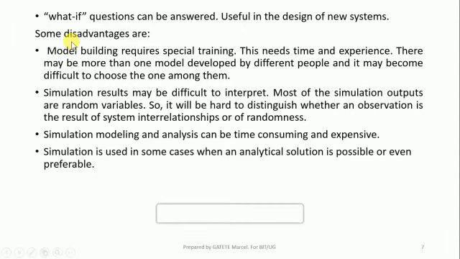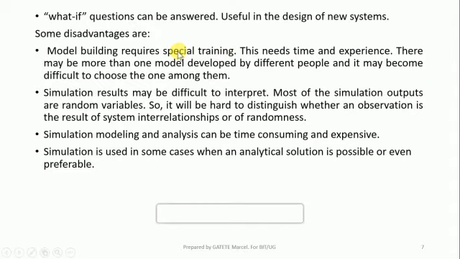There are also some disadvantages of simulation. The disadvantage of simulation is that model building requires special training. The simulation is not for everybody. Simulation building requires special people, professionals.